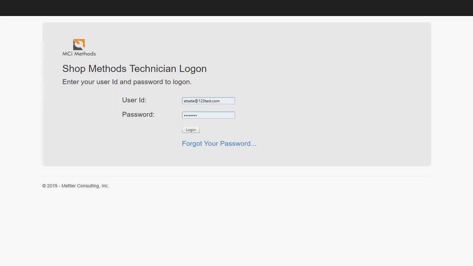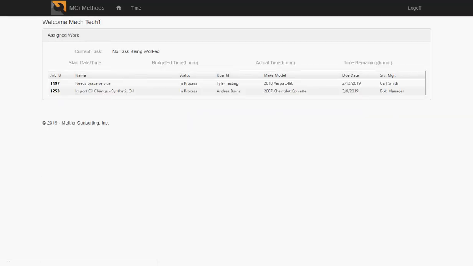Today we're going to talk about the Shop Methods Technician Portal. This is a portal that allows the techs in your shop to focus on the work that's assigned to them. It all starts off by going to the Technician Portal URL and then logging in. As you can see, the interface here is a little simpler. Not quite as much information as the shop view with all kinds of creating estimates and maintaining jobs, invoices, reporting,